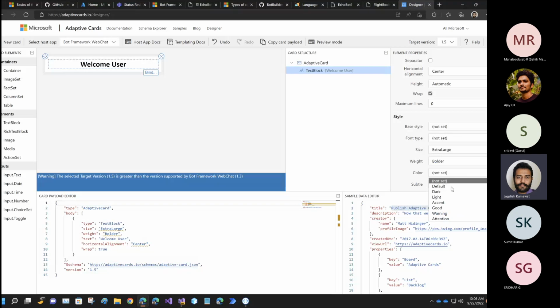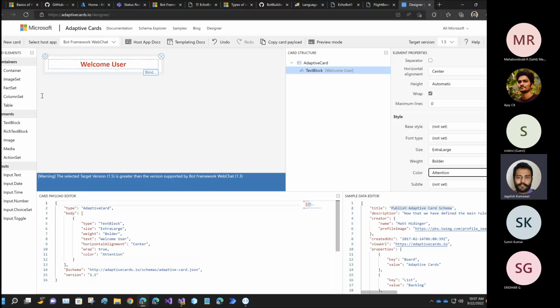Then you can change the color as well, depending on the type of message that you're sending. Let's suppose you're sending the user some warning message, then you can use warning or attention. So that will be a red color. And if it is some congratulations type message, then you can use the good green color, or if it's just a default, then you can use that. Yeah. So let me add